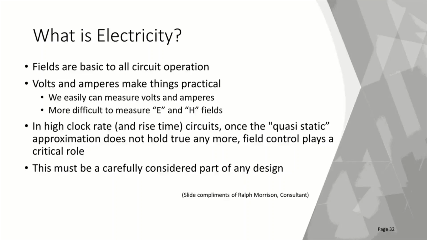We look at things from a circuit perspective, and that's where we have the idea of volts and amps, where volts are electric pressure and amps are things that flow in wires. And that's kind of the result of a simplistic approach. The math is simple. We can take a very common piece of equipment to measure the voltage. You take your voltmeter and you hook it up to the circuit board and you can read 5 volts. And you can take the leads of your meter and put it in series with one of the conductors and you read amps. And we always thought that was the electrons flowing through the wires.